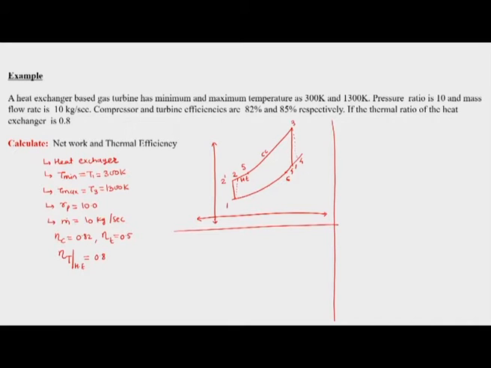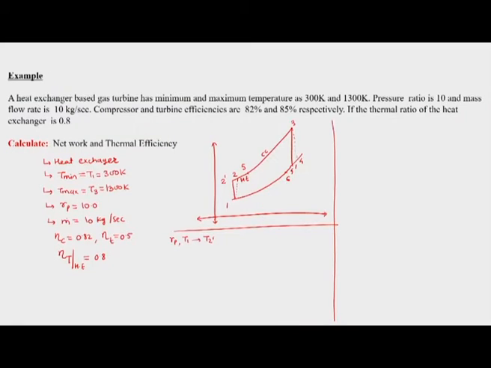What is known to us is T1. What is given to us is Rp. Knowing the Rp and the T1, we can find T2 dash. This is what we have seen from the isentropic relation: Rp raised to gamma minus 1 upon gamma is equal to T2 dash upon T1. So, T1 is known, Rp is known, and gamma we are going to take for air, which is 1.4, for the sake of simplicity, since it is not told to us. The simplest assumption is for air.